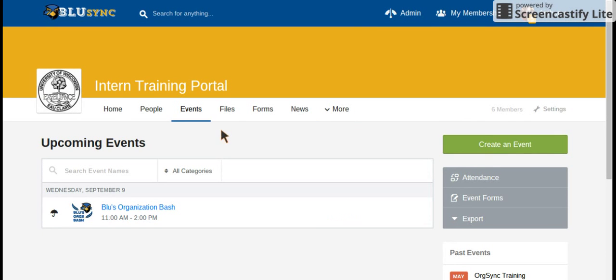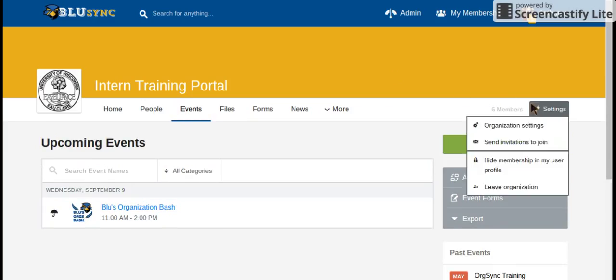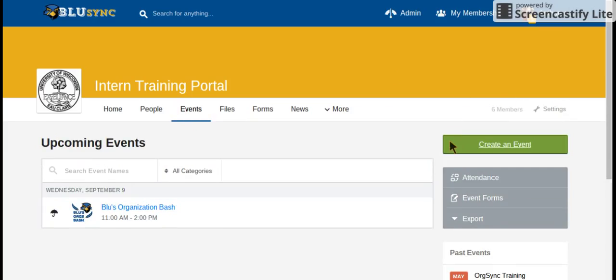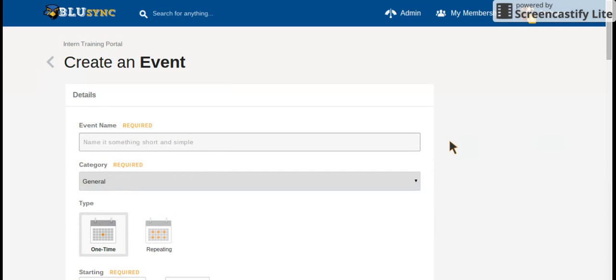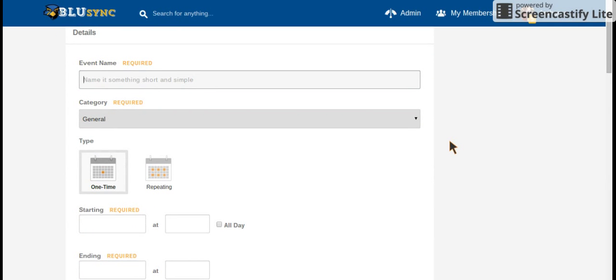The same goes for all these different modules, where if you ever want to add or create something to the module, there's always going to be a green button. So for example, in the files module, there's an add a file button right here, colored in green. So just like in the events module, you can go ahead and click create an event. And it'll walk you through step by step